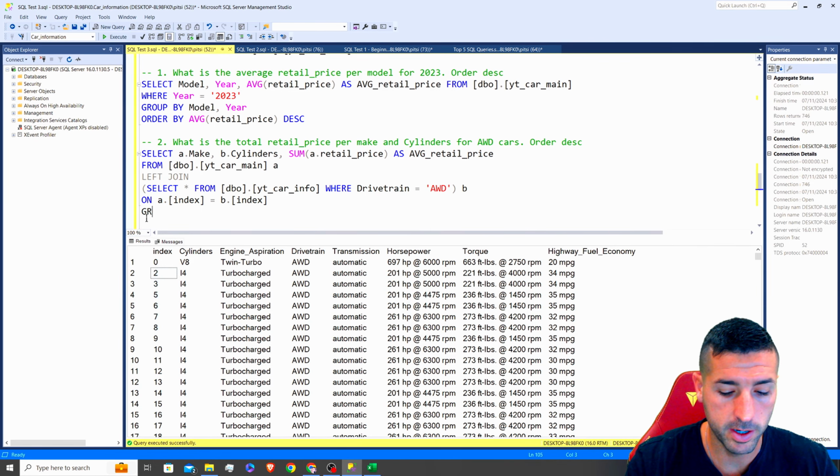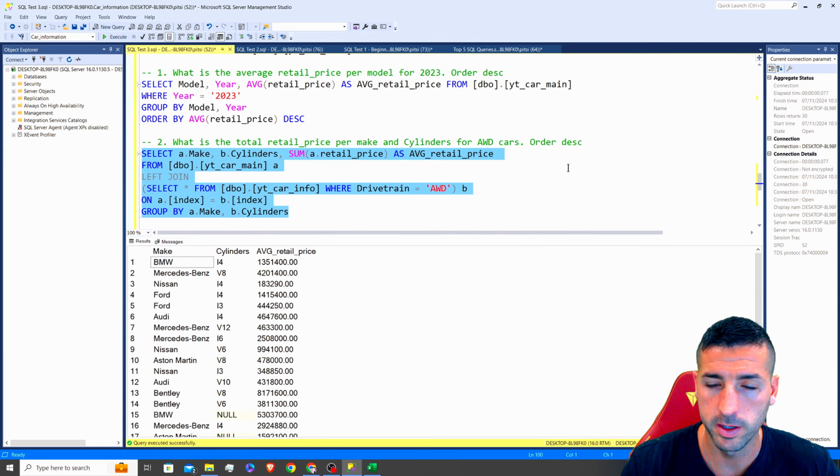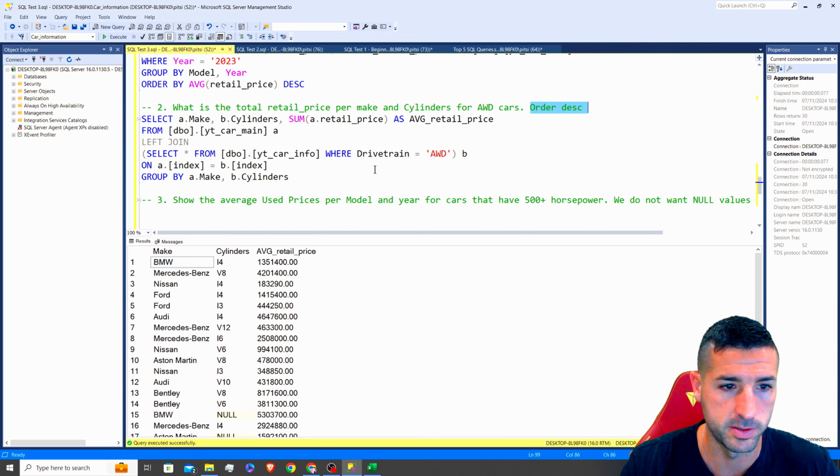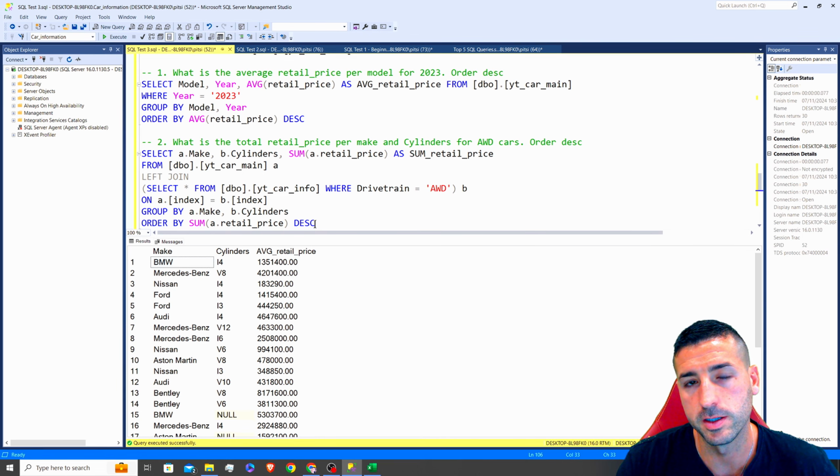And down here, I need my group by. So I'm just going to say group by A.make and then B cylinders. And if I run this quickly, I think also means the order by descending. So I need my order by. And then the order by needs to be by the sum of retail price. I actually have to change this to sum because this is the sum. And then if we run this, oh, actually it's descending, sorry, it's the default, but it's still good to add